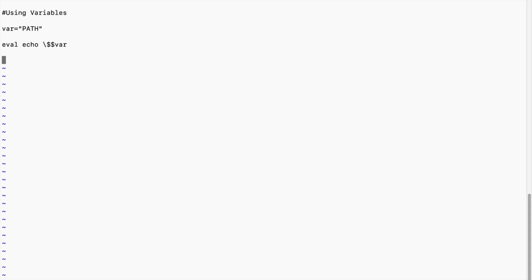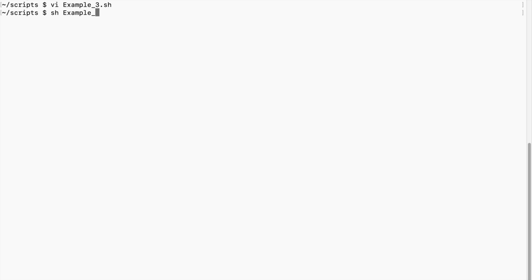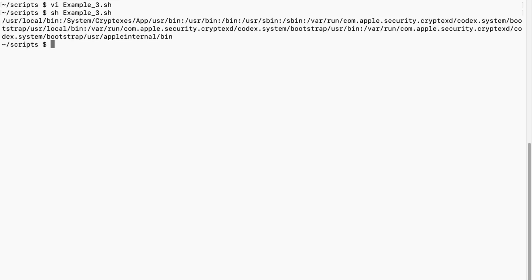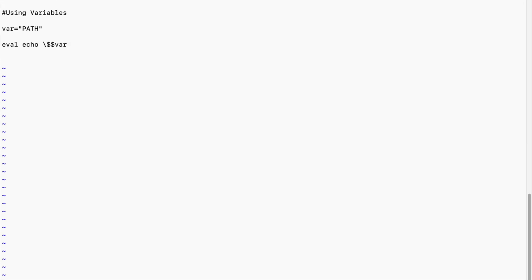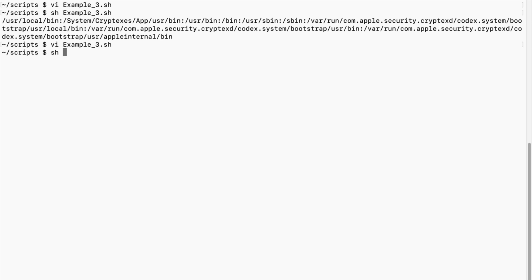So first let's run this command, example3.sh. It has given the result of path. Now we would like to remove the backslash dollar. This is a special character we have provided, so that is a reason it should not show anything,